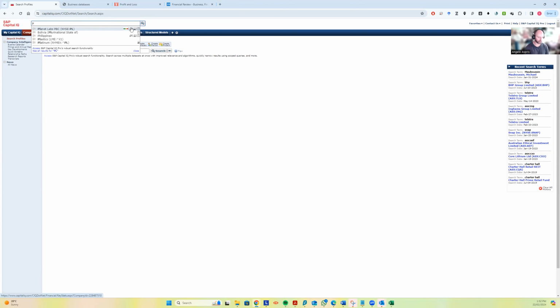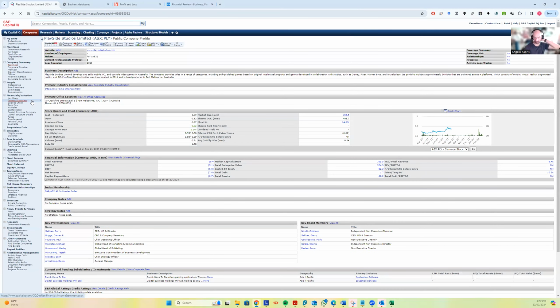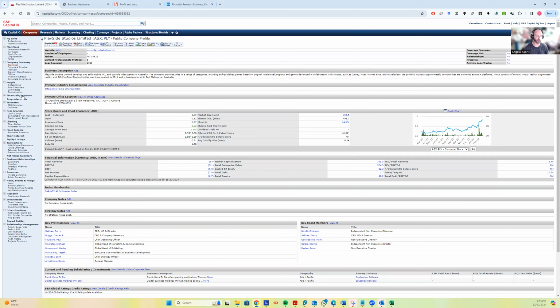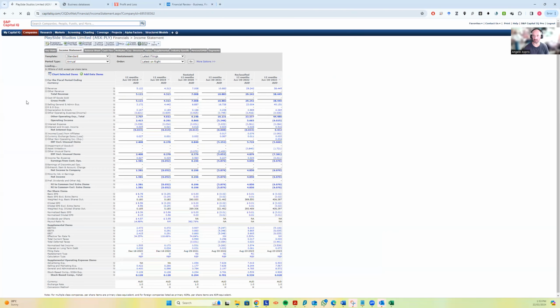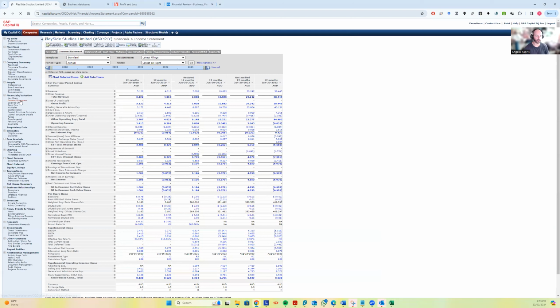Okay, so if I wanted to get some financial information around Playside Studios, you can see I've just typed in Playside. I have the market entry for Playside, PLY, and then you can see all the information that I can source around this particular firm. Now, of interest to us in this particular workshop is financials or valuation data, and specifically income statement data. And you can see once I click on income statement data, I've got a wealth of data